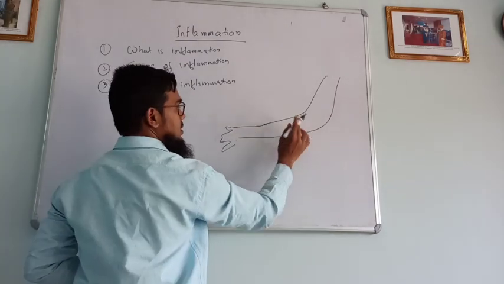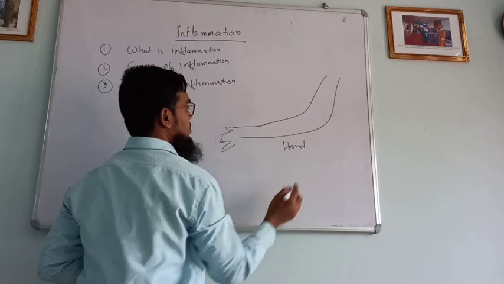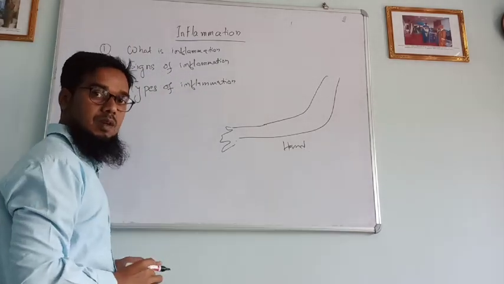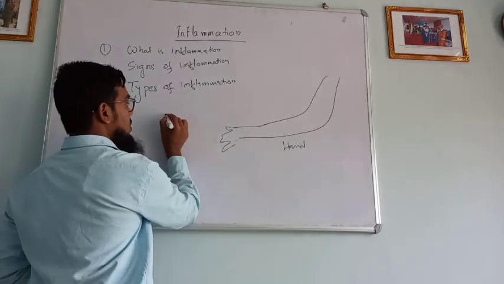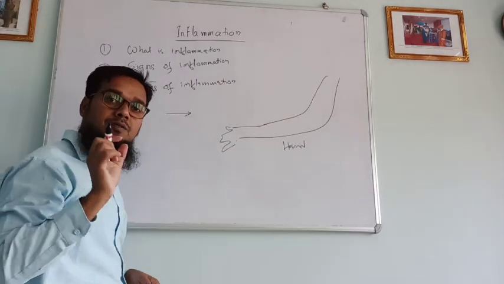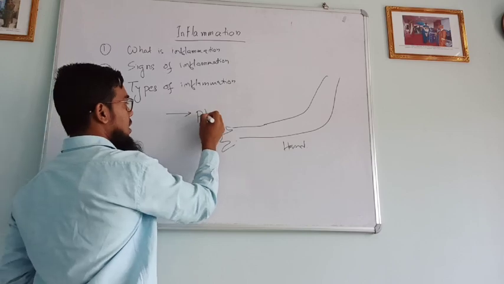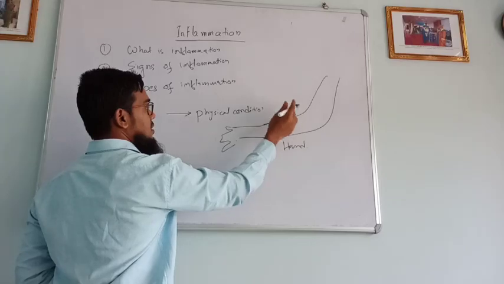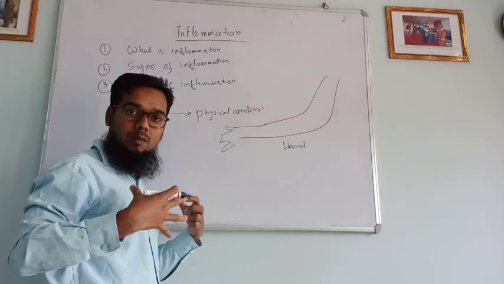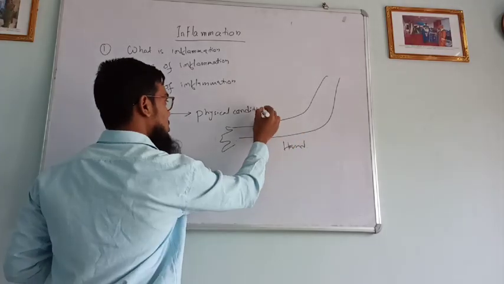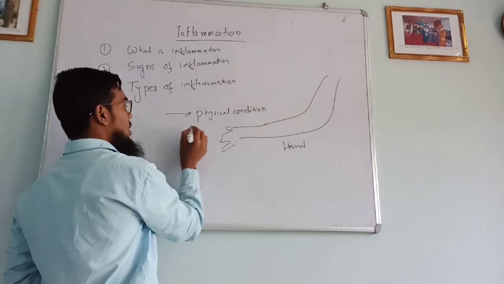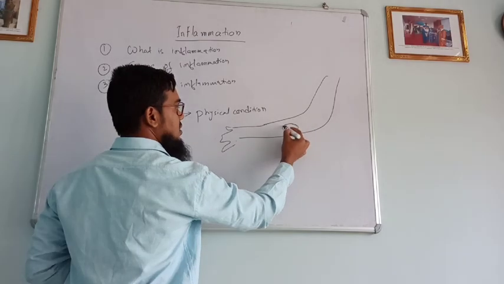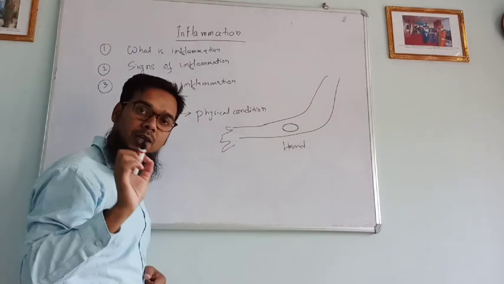For example, this is our hand. So inflammation is what? Inflammation is a physical condition. So it is a physical condition in our body. It happens to our body. Physical condition in which any part of body, for example, this is our hand, in which any part of body